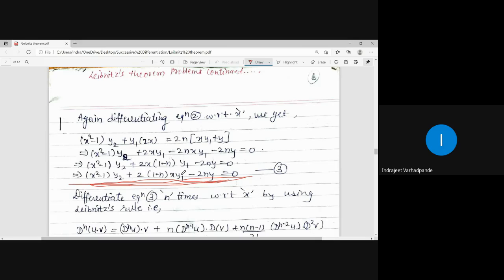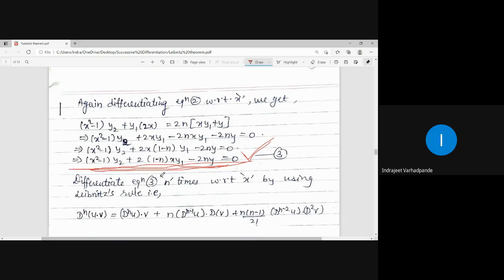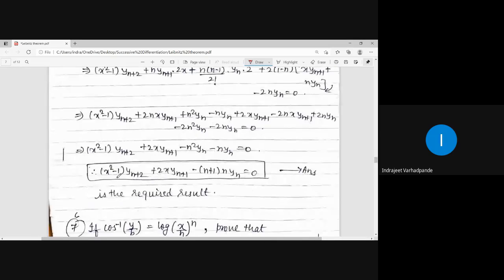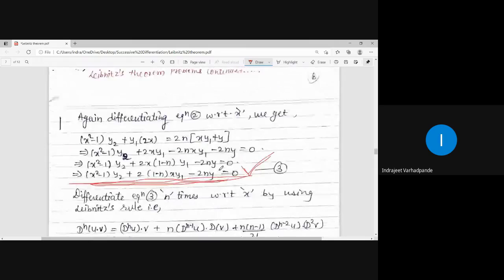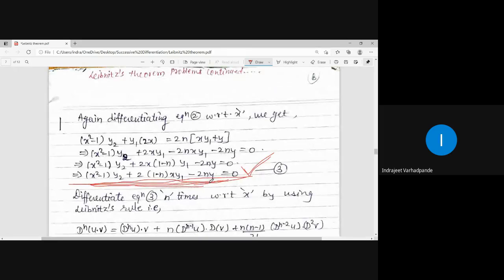Yes, sir. Completed up to this, everybody? Did you note down this step? Yes, sir. And after this differentiation, you will get the desired result. This is what the desired result is. Is the point clear? Yes, sir. x square minus 1, this result is given in the question. I am just suggesting you to note down this so that you can verify whether you are proceeding in a correct manner or not.